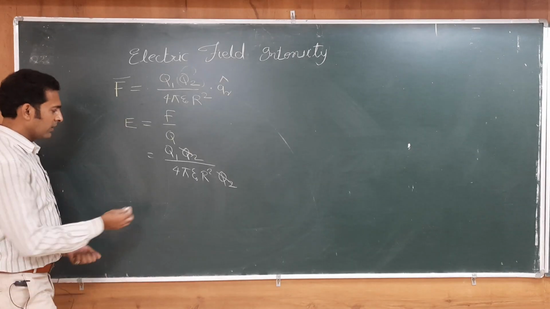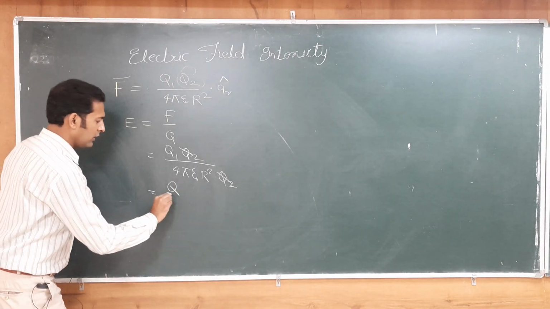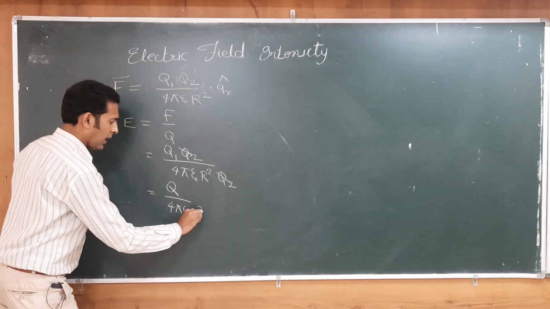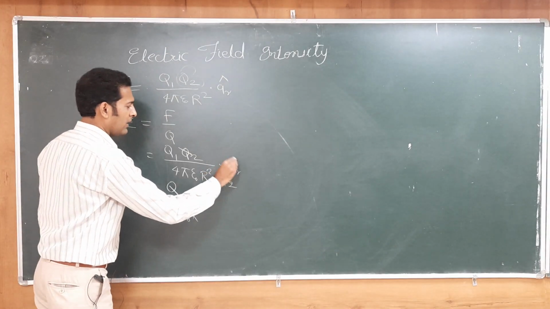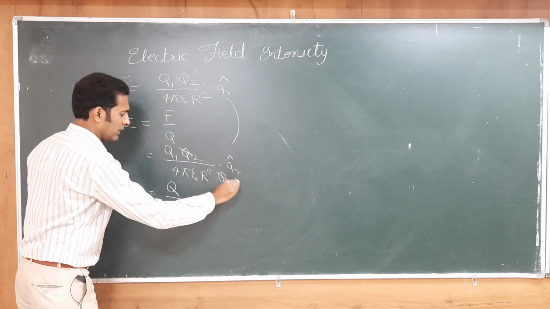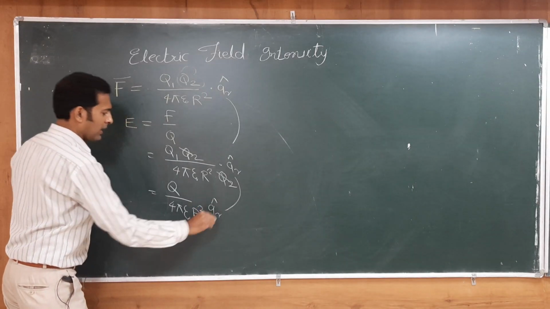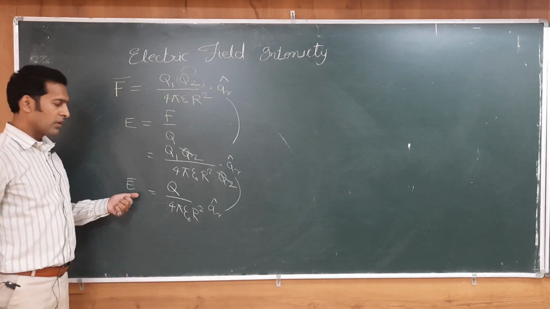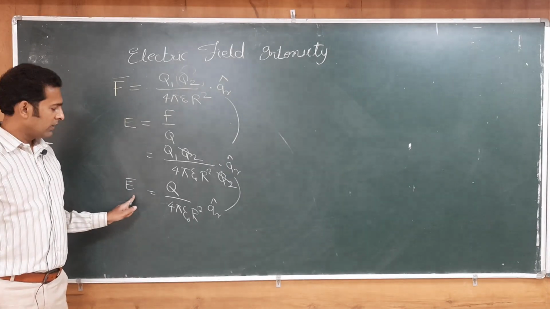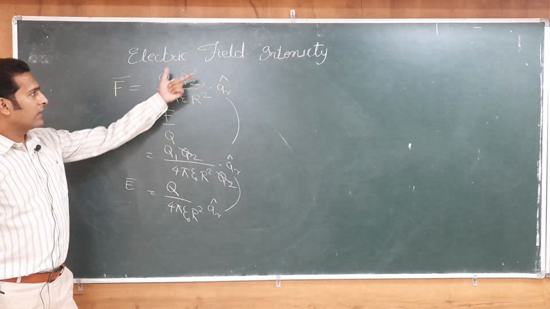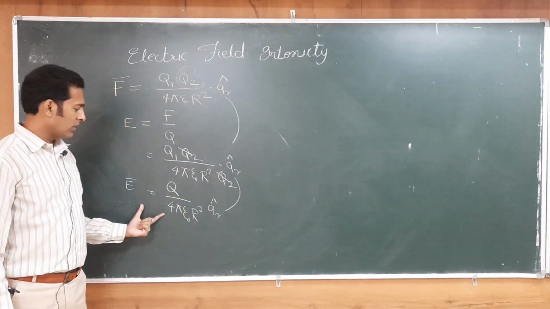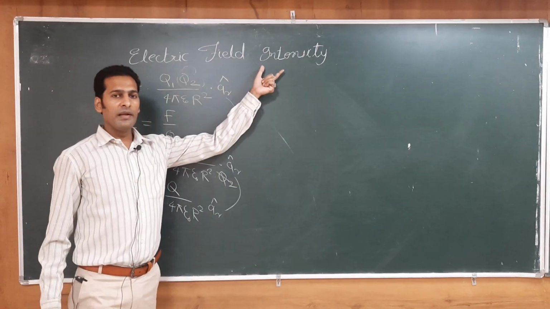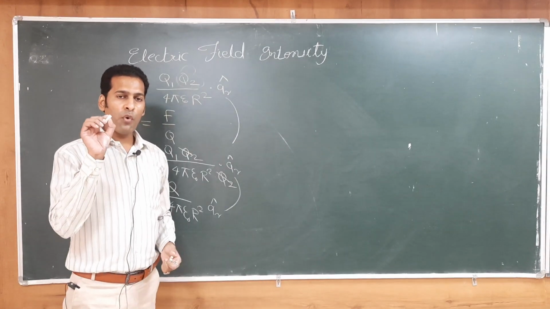So, the remaining term will be Q divided by 4 pi epsilon naught r square, and we can add the direction component a_R cap. When we include the direction, we can add a bar on the head of E. That means now this is a vector quantity. Electric field intensity is a vector quantity. Now, this one is called the electric field intensity formula for a point charge